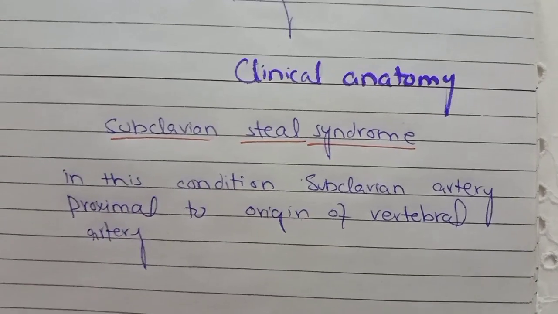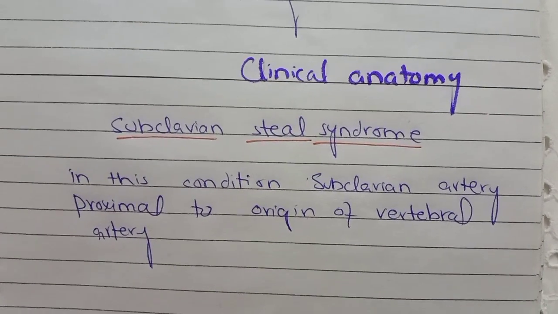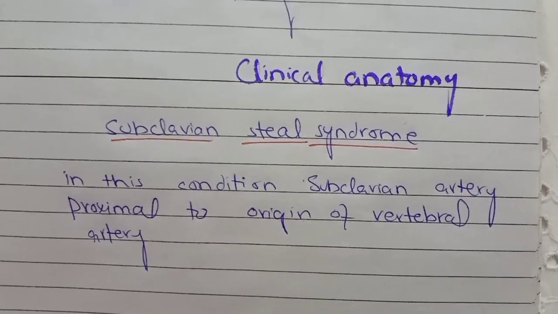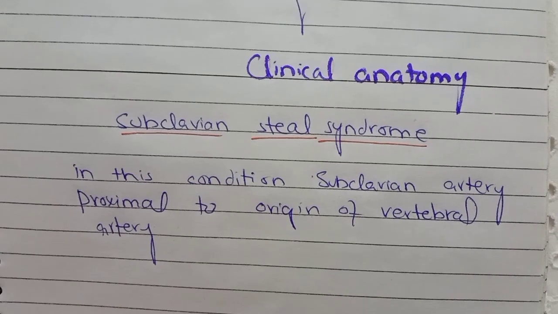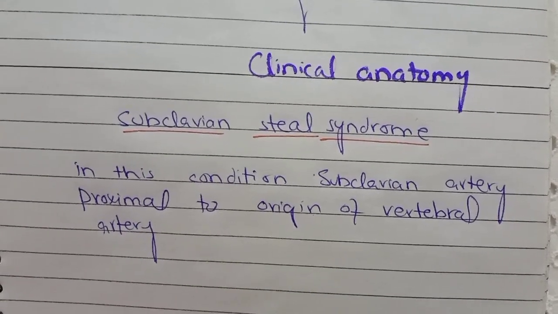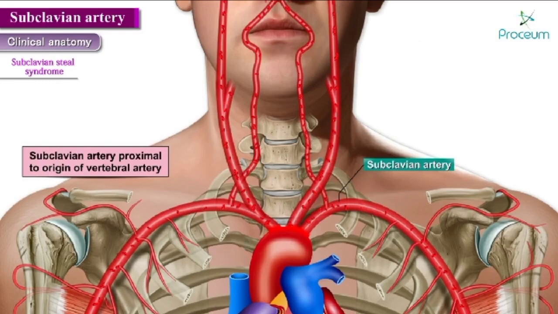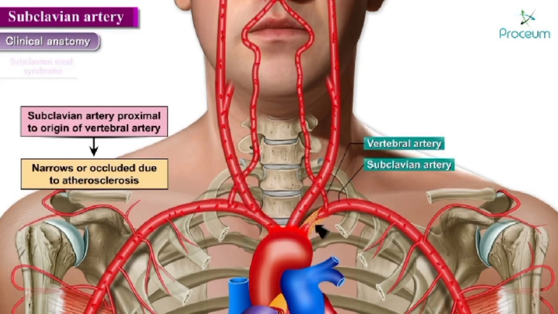Now we have to talk about the clinical anatomy of subclavian artery called subclavian steal syndrome. In this condition, the subclavian artery proximal to the origin of vertebral artery narrows or occludes, as you can see here, due to